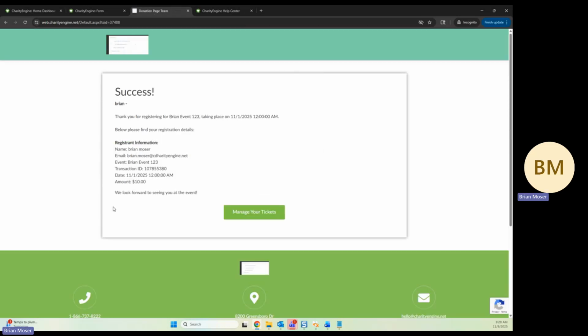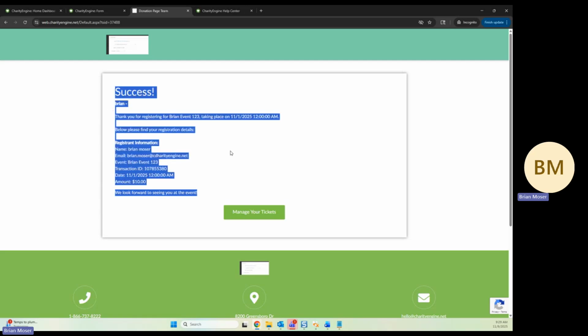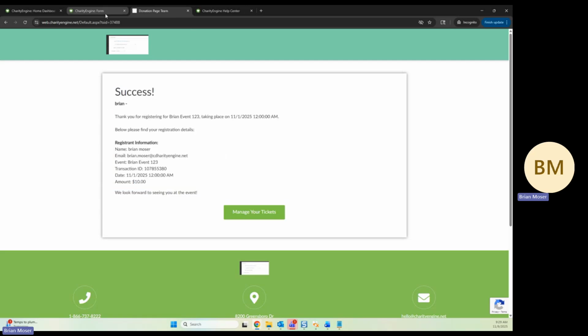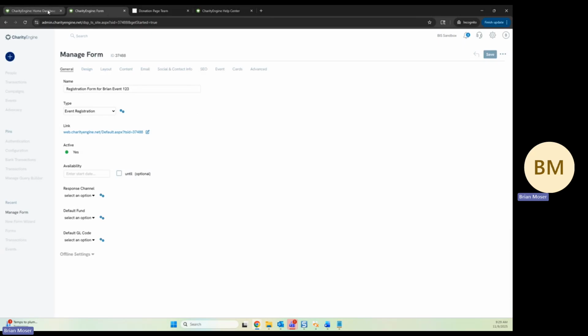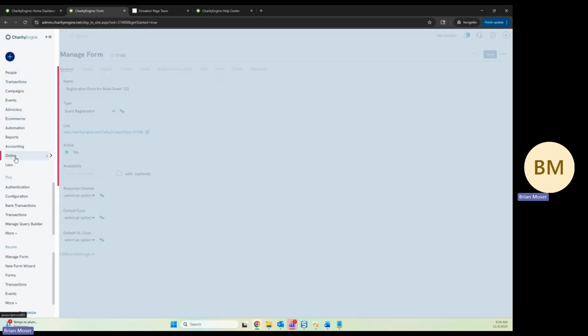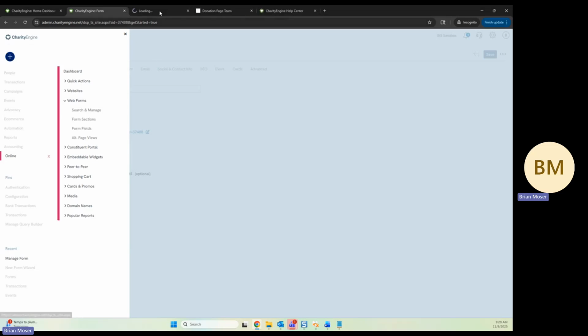And you can see the registration was successful. We have a very generic success page, but again, out of the box, it's ready to go. It can be used. If I go to the form now, I want to show you how to drill through to see this transaction. So I see this is the registration form for Brian Event 123. So if I get this form up on the listing screen,